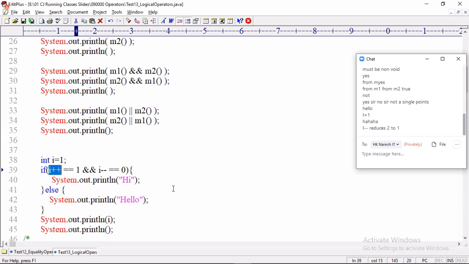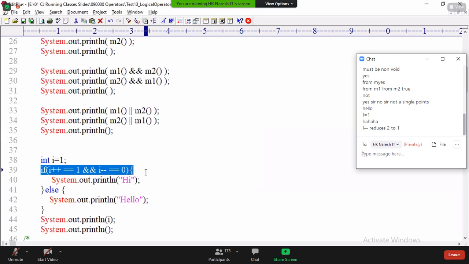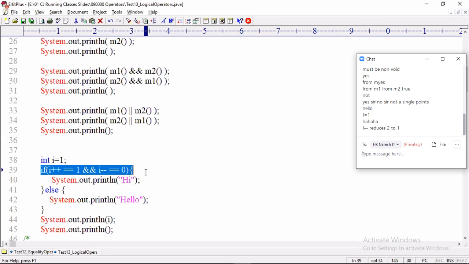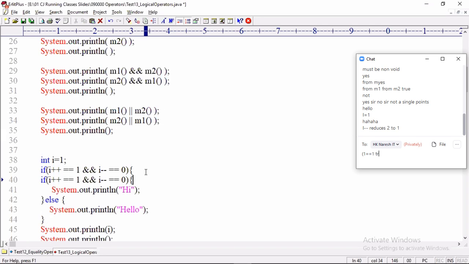Don't use your eyes. I used my eyes to solve this question and gave a wrong answer. I want to prove that even experienced people can commit mistakes if they try to answer without evaluating. Tell me, I plus plus, what value is substituted here? 1, and the I value is increased by 2.